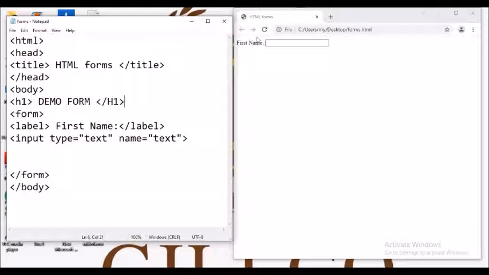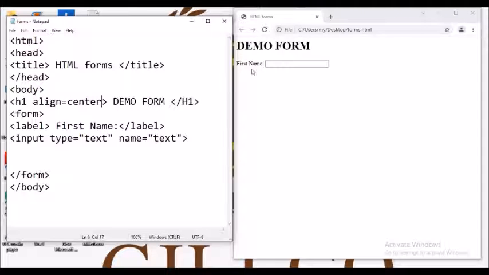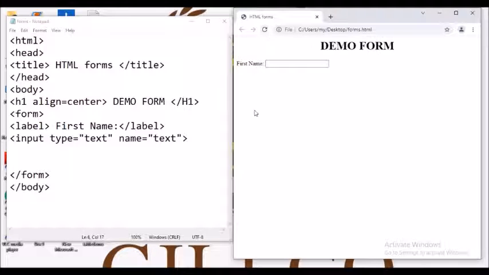I just save it and then see this. I want to bring it to the center, so I can use align center. Let's see. Yeah, this is coming to the center.